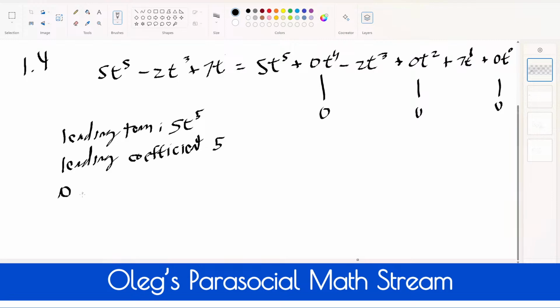Degree is 5. Okay, so this is our degree, this is our leading coefficient, and this is our leading term. All right? So the highest power of t is 5, degree is 5, and we have the degree. Okay, that's good. All right, next